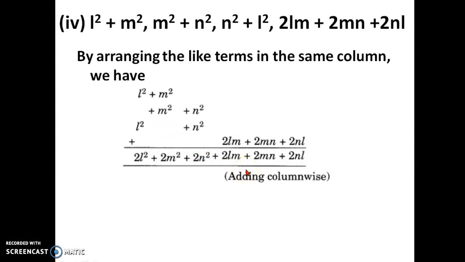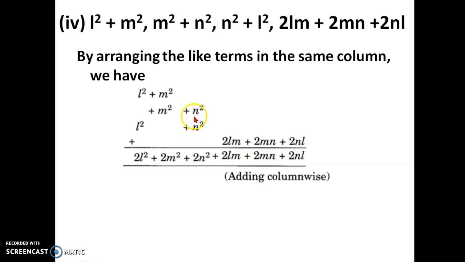So here if you see, Ln, only one term is there, okay. Nl, only one term is there. It doesn't have another like term. So you can write it as such in the solution, okay. You need not bother that it doesn't have a like term. If you don't have one, write it as such in the solution. So 2nl, as such you write it. Then here for this also no like term. So 2mn also, with the sign, you have to write as such. Then 2lm, that also as such you write it.